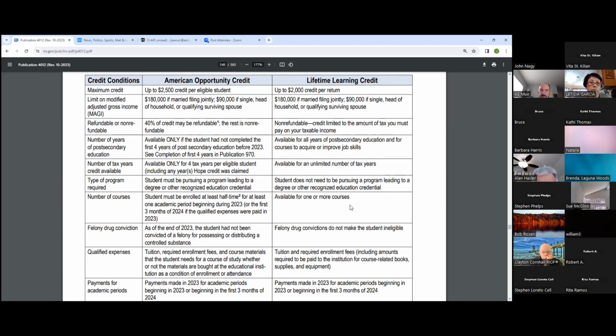The first one I want to focus in on is Publication 970. That's an IRS publication. Does a great job describing various credits to include these two. And then where it talks about the qualified expenses, also known as qualified educational expenses. So this does require some follow-up questions of the taxpayers.